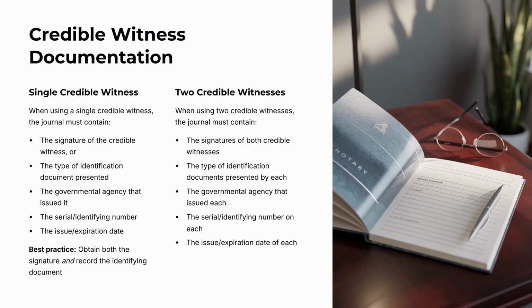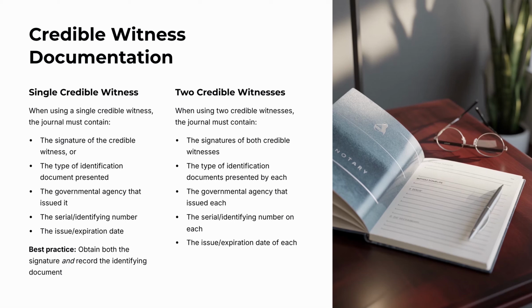If the satisfactory evidence is based on the oath or affirmation of a single credible witness, then the journal must contain the signature of the credible witness or the type of identification document presented by the credible witness, the governmental agency that issued the identification, the serial or identifying number on the identification document, and the date the identification document was issued or expires. California Government Code Section